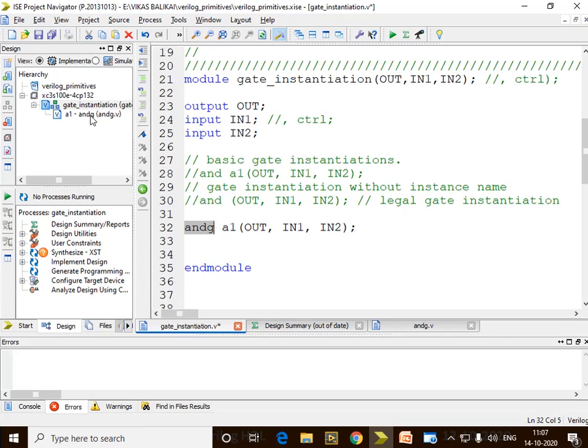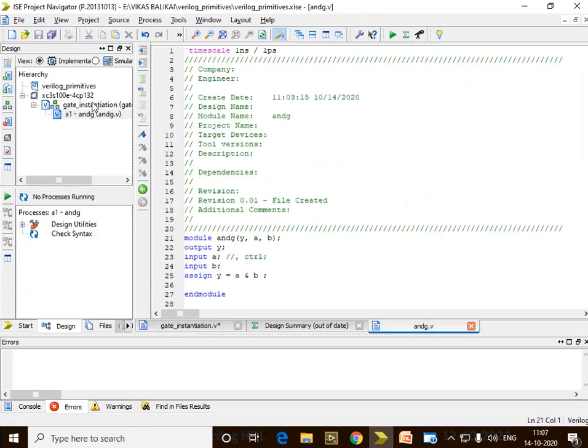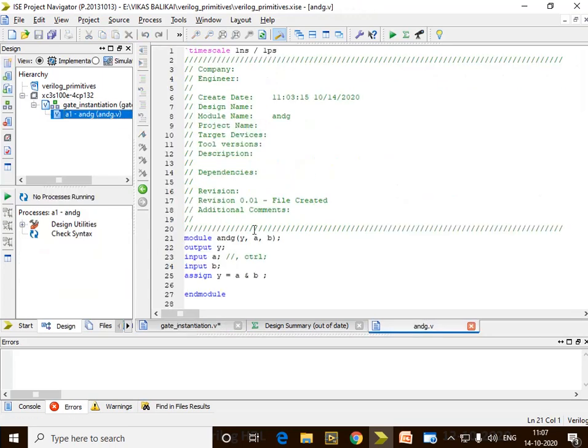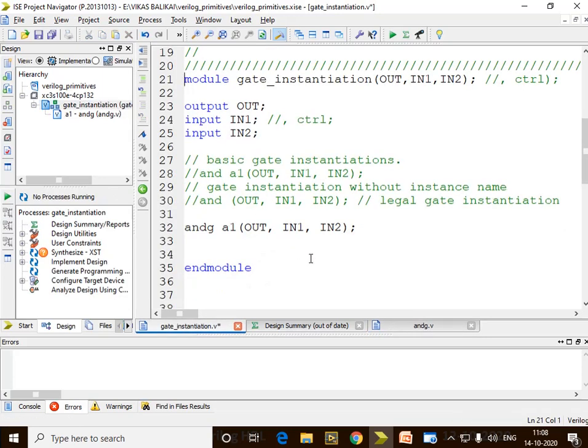It goes to this subprogram ANDG. What it basically does is, during execution, it comes over here and finds there are three terms: out, in1, in2. Then I need to match these terms with the program of ANDG. Let me search where ANDG is. It finds it over here, and maps out with y, in1 with a, in2 with b, and whatever functionality happens over here gets reflected back here, and thereby your ANDG, that is a user defined primitive or user defined gate, will be prepared.